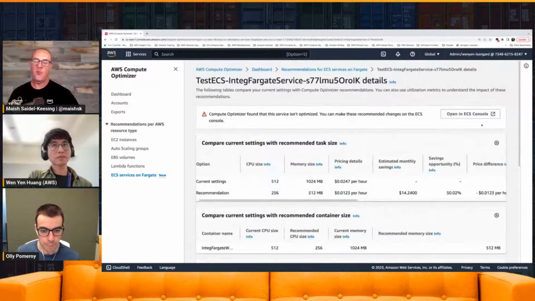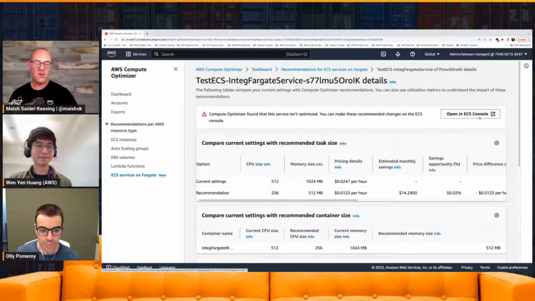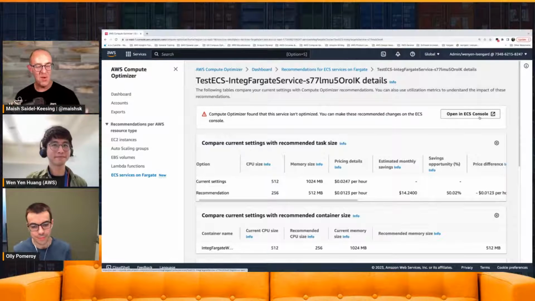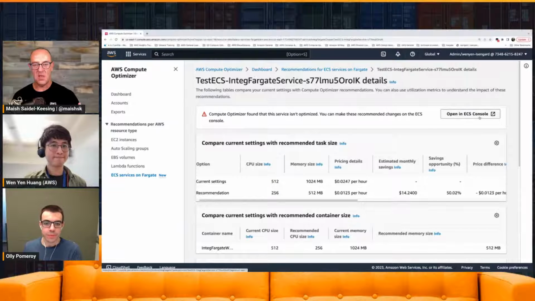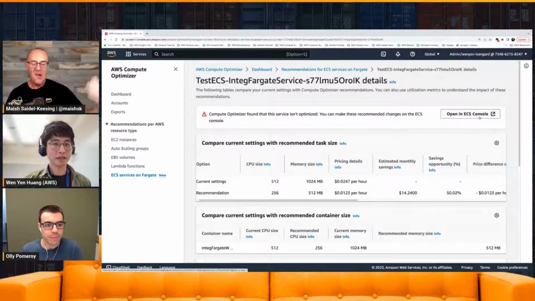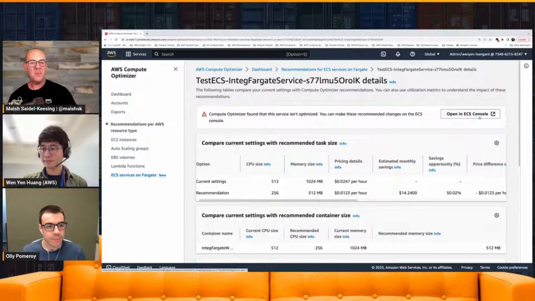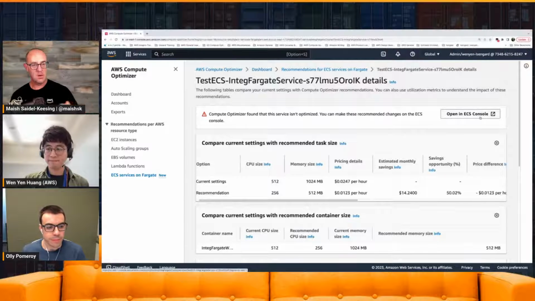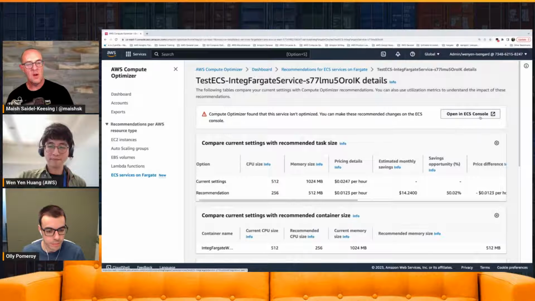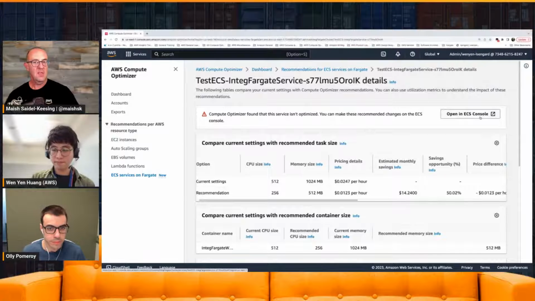So you already preempted my question, of course. It's very nice that we have all this information available in the console, but how can customers use this information programmatically? For example, can customers pipe a recommendation into a CloudWatch alarm or an alert? Is there such a concept, or creating those kinds of things,